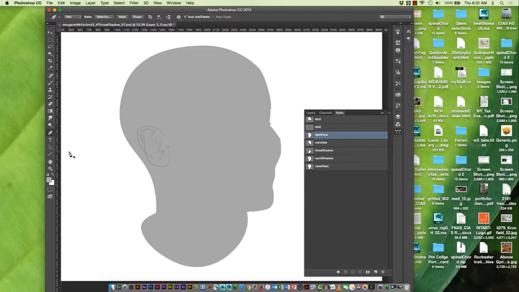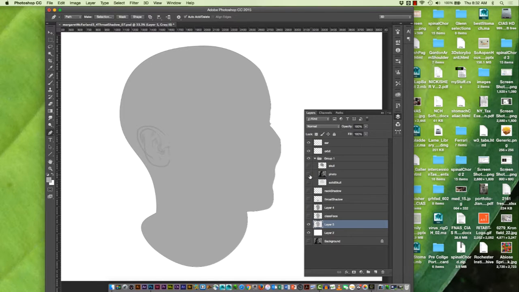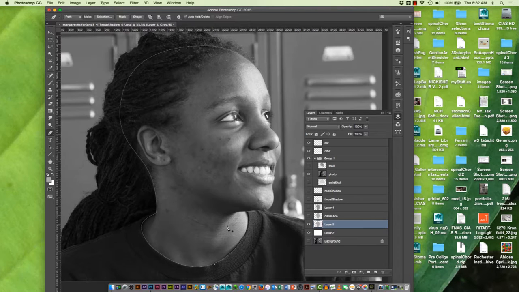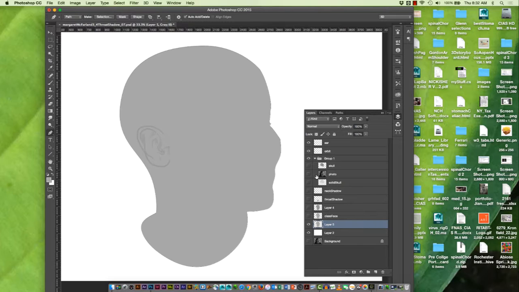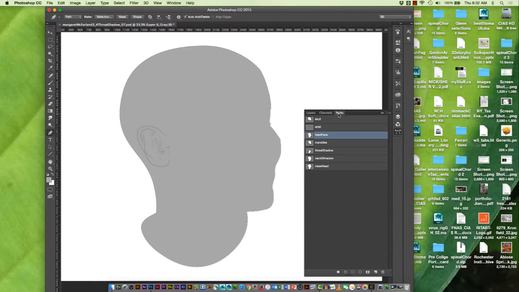Okay, so what I want to do next is add a shadow that represents the shadow on her throat. Okay, I want to add this shadow. So I want to kind of protect the line of the mandible and then get this area. So I'm going to create another layer above my current layer. This is going to be the shadow layer. I'm going to go back to my path and I'm going to do a couple things different now. So the first thing I do is I'm going to activate